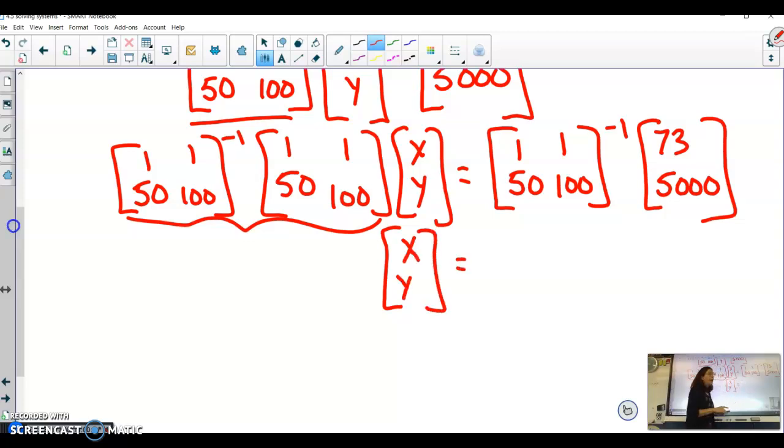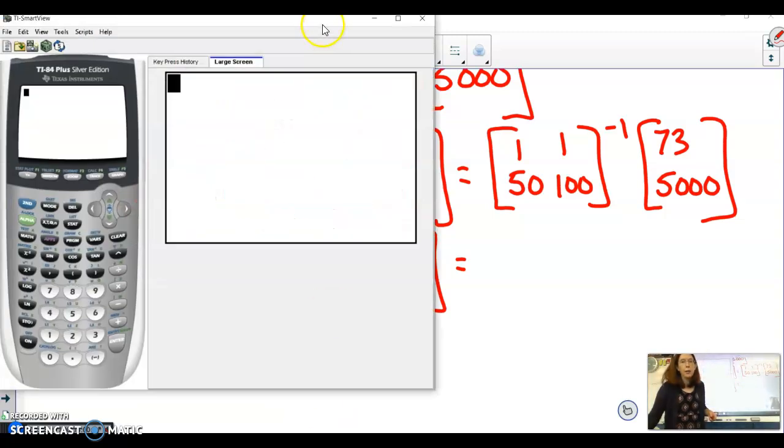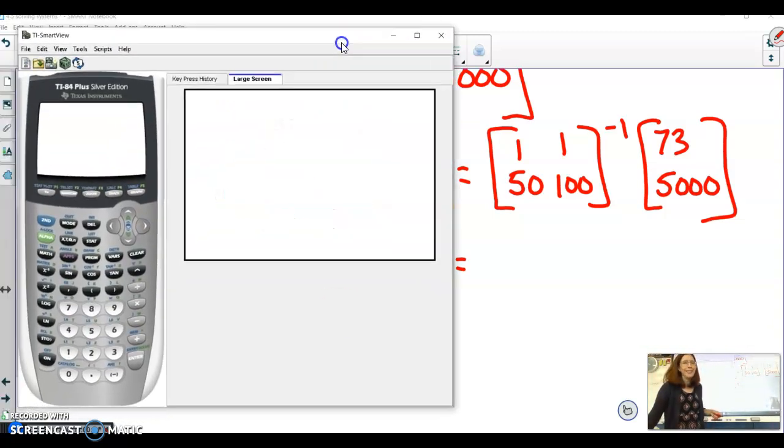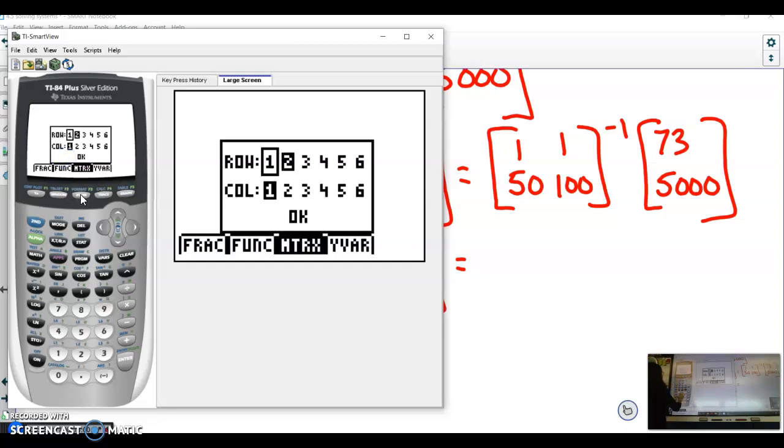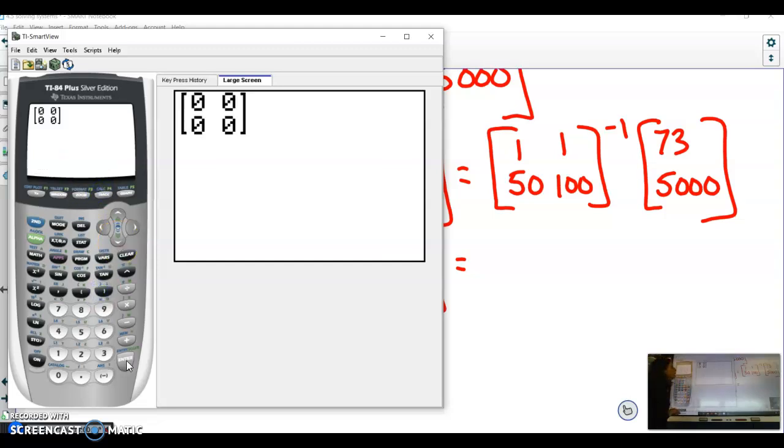But on the right side, I need to actually put this into my calculator. Since we do not know how to do the inverse of matrices by hand, there is a way to do that, but we are not learning that this year. So you just go alpha zoom, and I need a 2 by 2 first, and that's going to be 1, 1, 50, 100. And I need to multiply the inverse of that, so make sure you put that little -1,